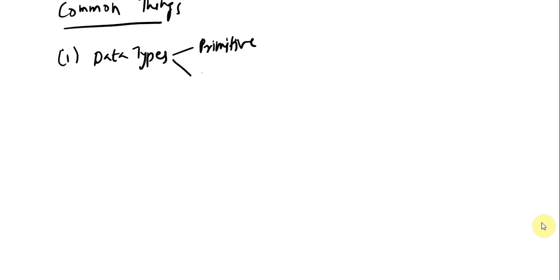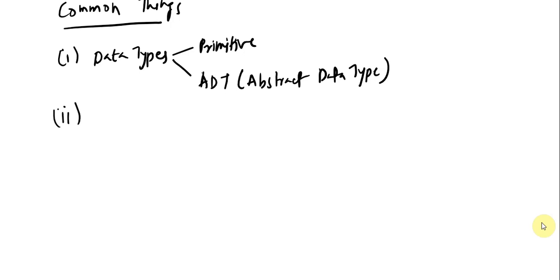It's a very big concept in itself. And also we have abstract data type, ADT for short, which stands for abstract data type. Abstract data type is also a very huge topic in itself, so I will cover it in a separate video. So you will observe data types, and then we can observe variables,